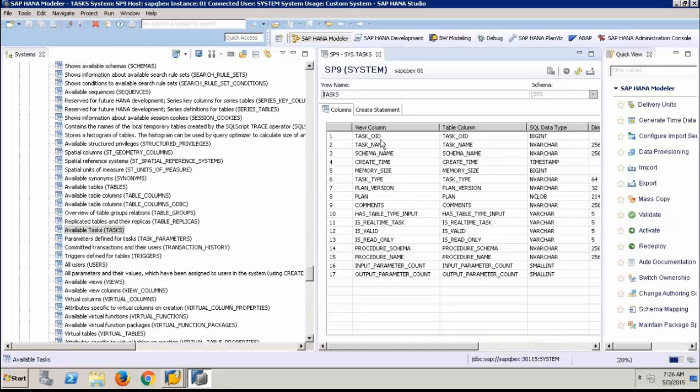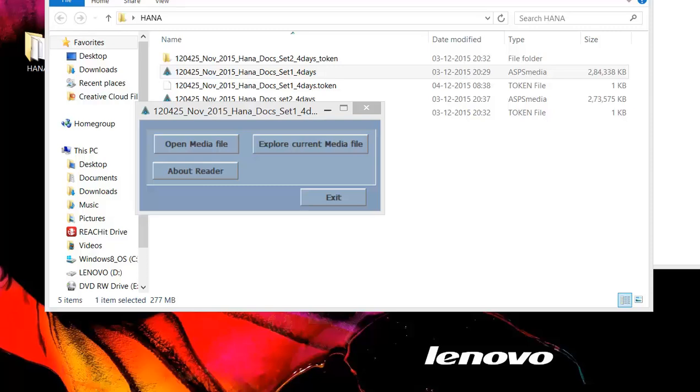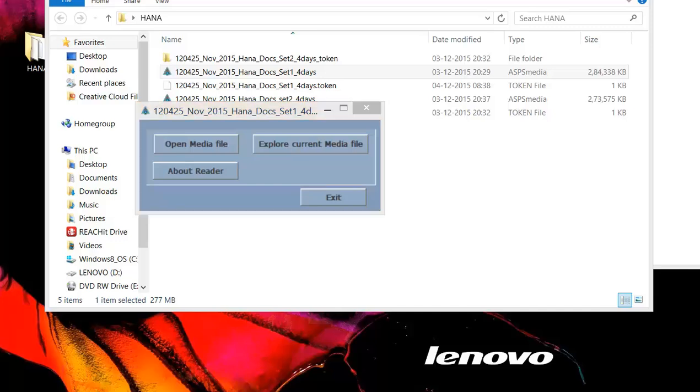So SAP has built some views on top of those tables which can make things clearer. It joins tables and gives it to you. But you can always see the definition of the view also. When you open the definition and go to create statement, we can see which tables in the backend this view is built on. You can understand this definition and see on which tables this